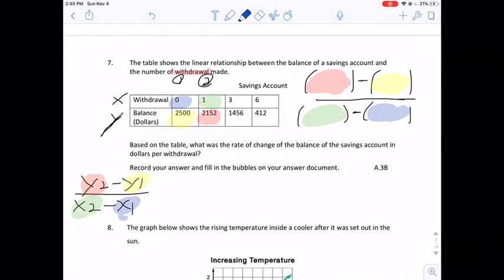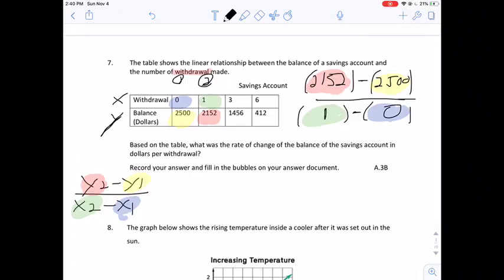Still writing some numbers here. 152, 2500, 1 and 0. So when I put all that into the calculator,